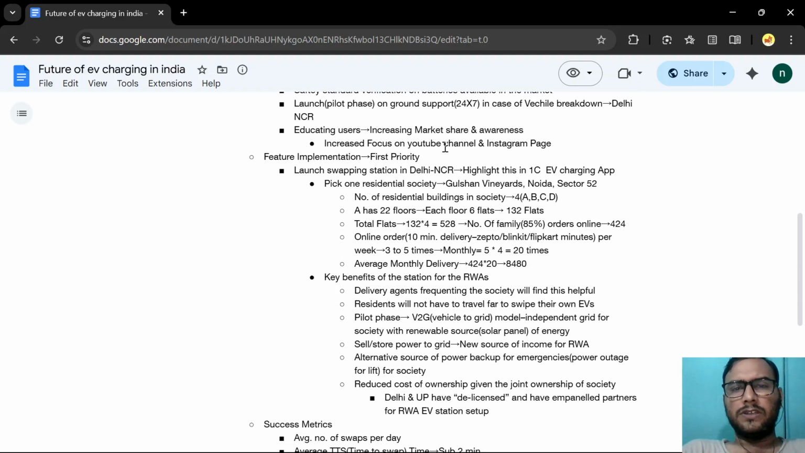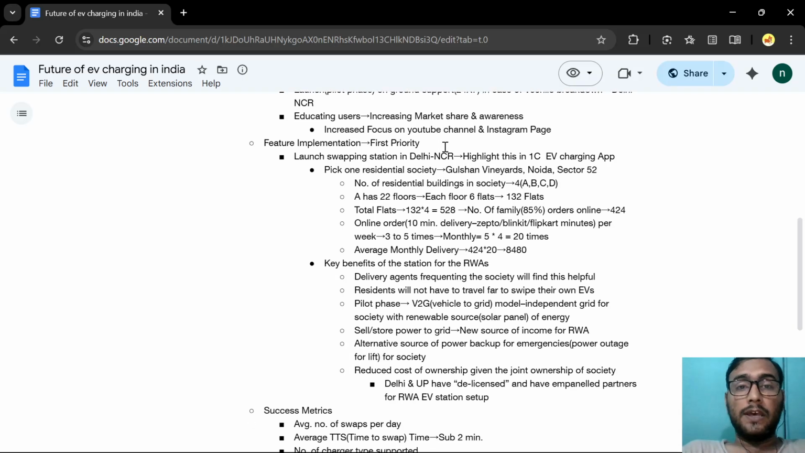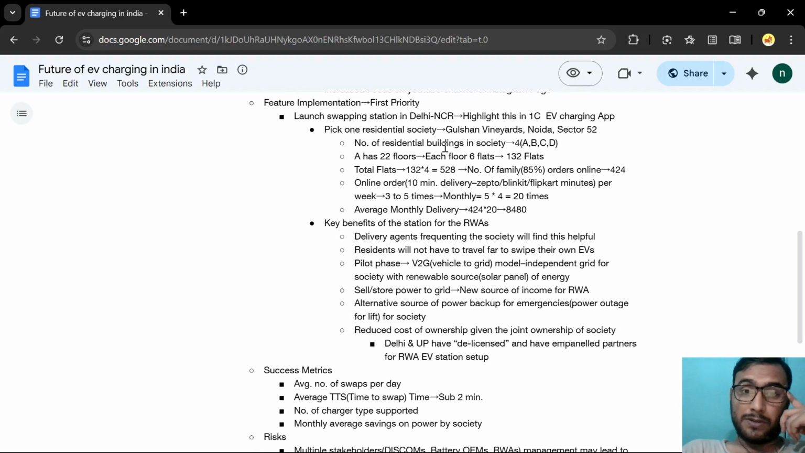And next is, again, educating users through social media channels. And I've chosen one feature to implement as the first priority. The feature that I have selected is launching a swapping station in Delhi NCR,